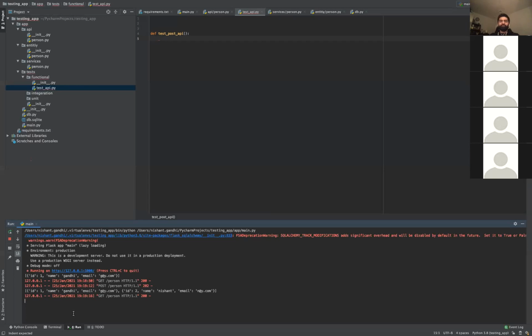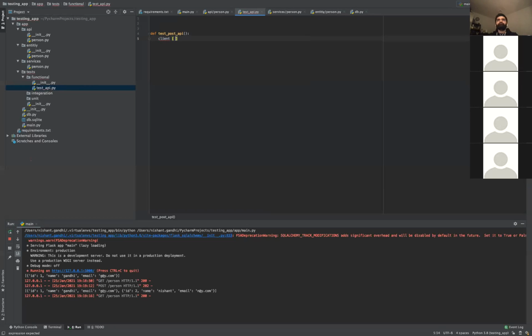what we're going to do here is we need a client. So this is a server, right? What we are running right now is a Flask server, and we need some kind of client to basically interact with the Flask app. So where do we get the client? We need some kind of API client to talk to the API server or test the server. The Flask app comes with an API client. So what we're going to do is